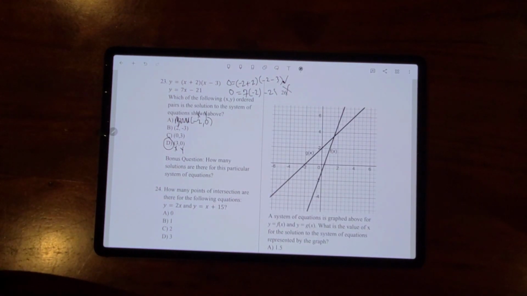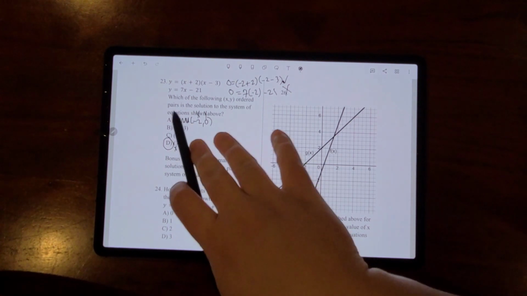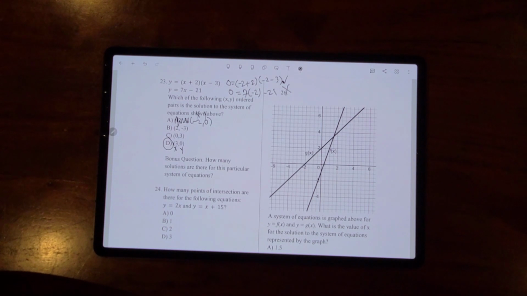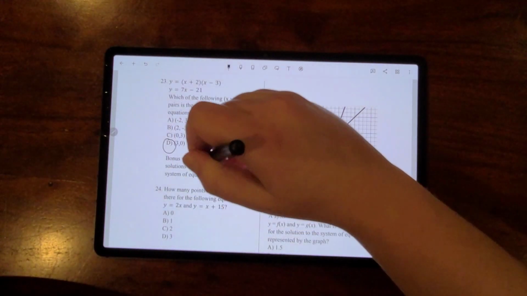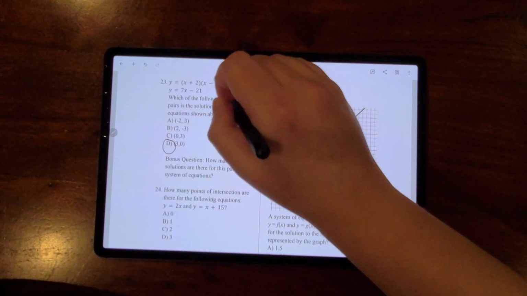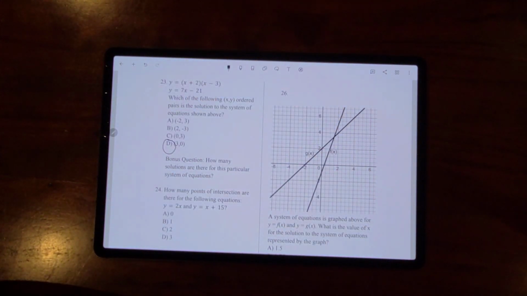So that's another strategy you can use besides substitution, elimination and stuff, when it's formatted this way, where they give you potential answers on the test for the digital SAT. And there's a bonus question right here which asks how many solutions there are for this particular system. You could set the y's equal to each other and then do the discriminant formula if you want, but I'm going to show you how to do it and see it with Desmos